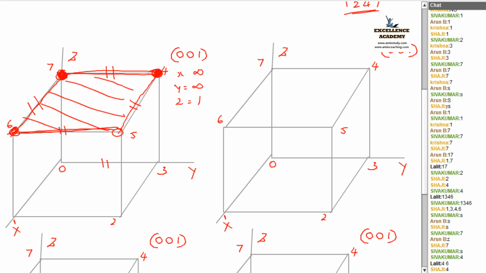If the two infinity points are there, you have to plot initially the known point. From those points, you have to draw line parallel to the both axes. Next is what? From the obtained points, you have to draw lines parallel to the infinite axis. Clear? Let's check once again one more problem so that it will be clear to us. So 1, 0, 0. Check out.